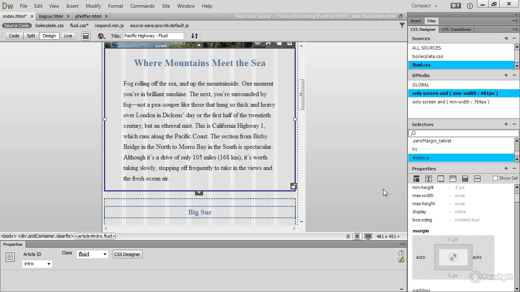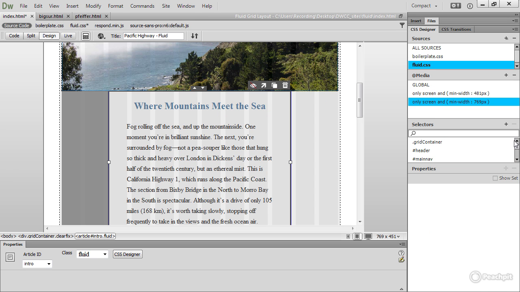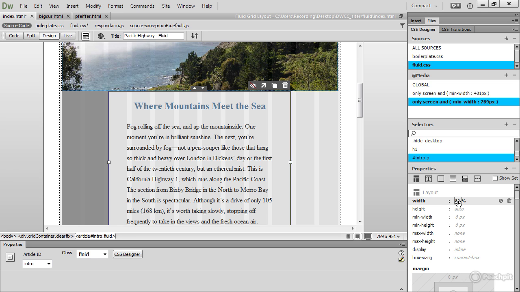The difference is that I can now add a background color to this and borders which will stretch right across the page. I need to do something similar for the desktop layout, so right click, duplicate into media query into the other one, select that media query, find the style rule intro p, and the width I'm going to change